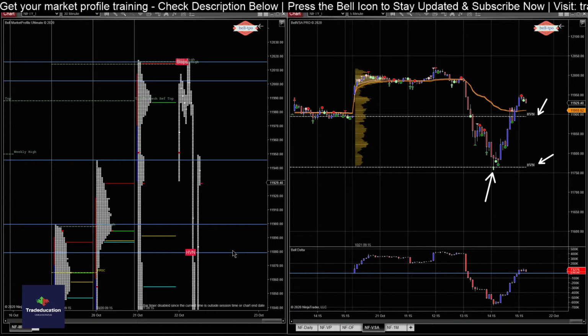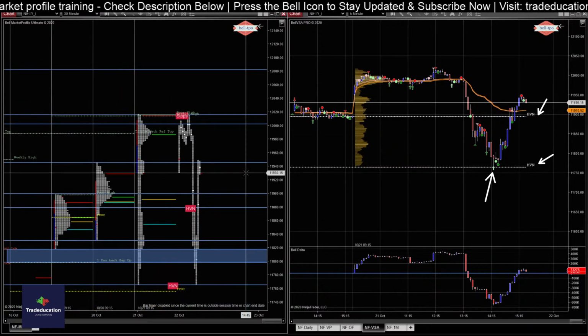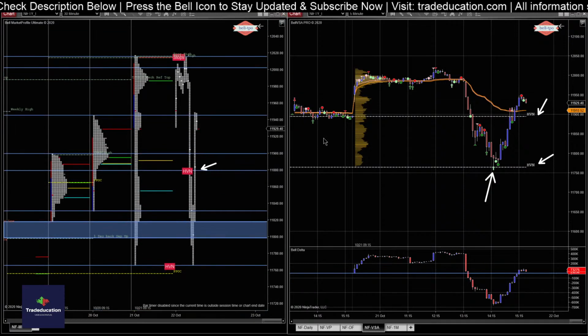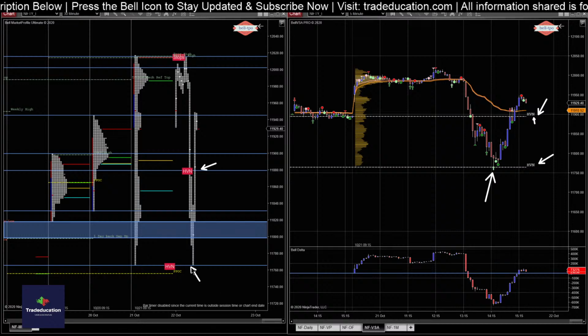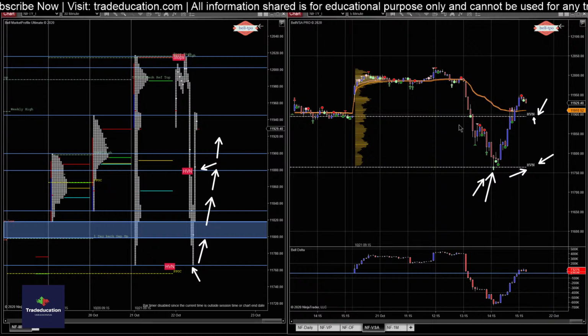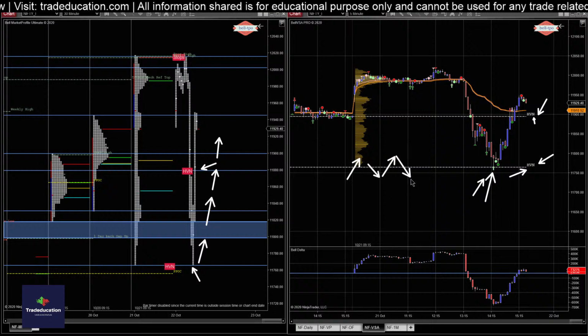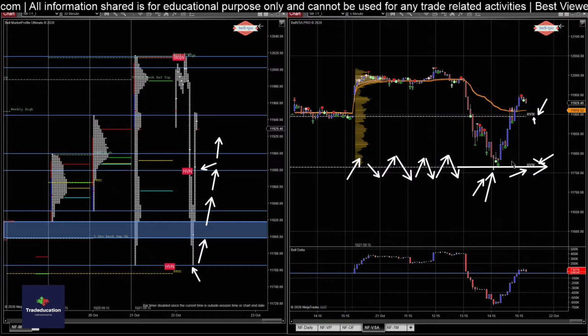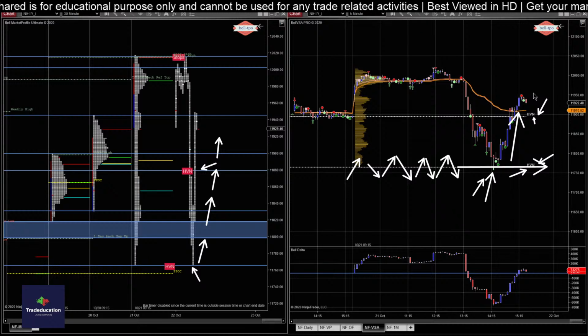So let me also show it in the market profile chart on the left side. Okay, so this is the first HVN, that is this one, and this is the second HVN, that is this one. The auction just tagged it, and then the auction reversed. This was a strong HVN from the buyer side, where a lot of buyers were present, because a lot of sideways or rotation movement was happening. So this zone is the buying zone, and that's where buyers came in, and they took the entire auction towards the VWAP, and the auction closed above VWAP.